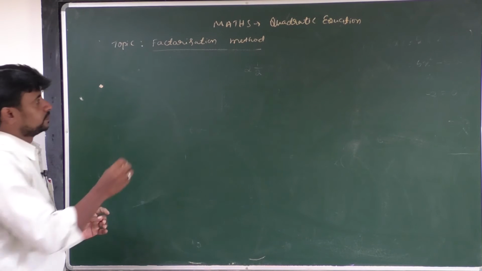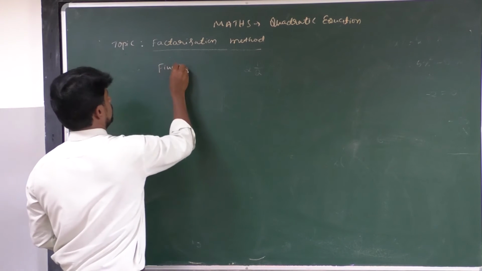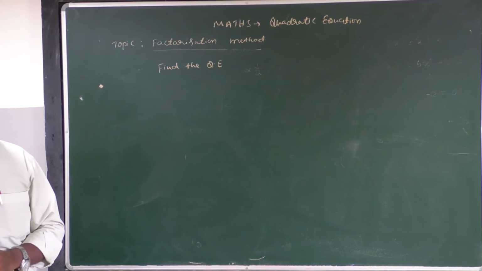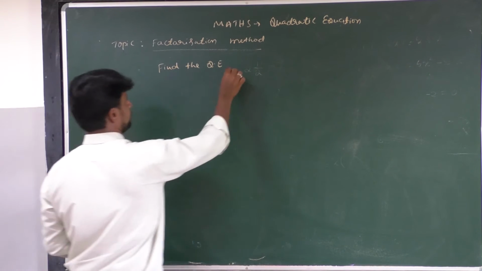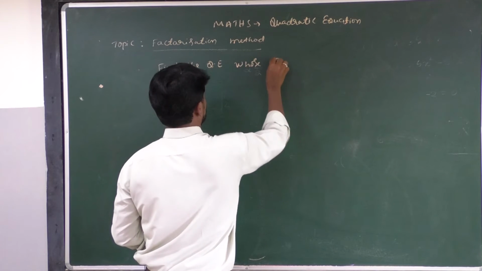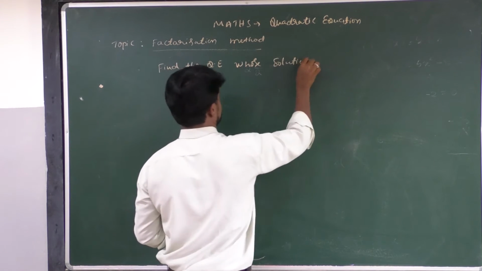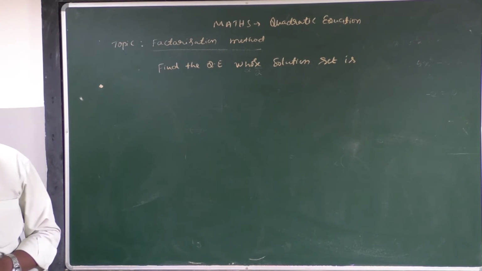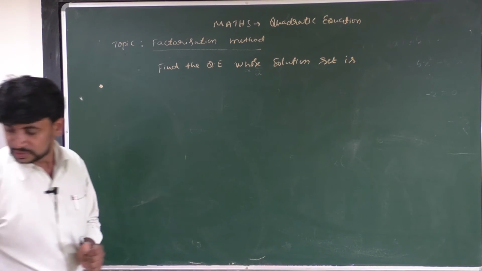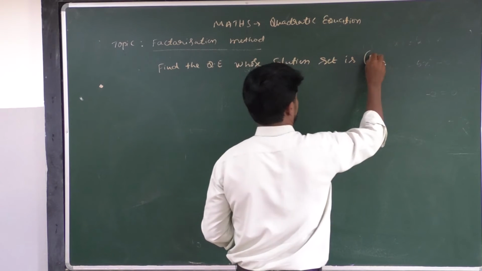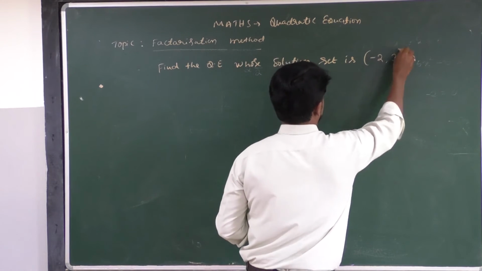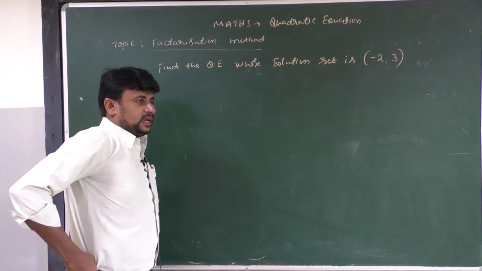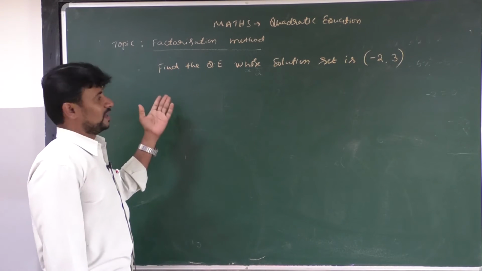Find the quadratic equation whose solution set is -2, 3. All of you observe here, this question is different than what we have solved in the last question,